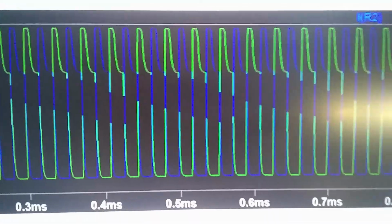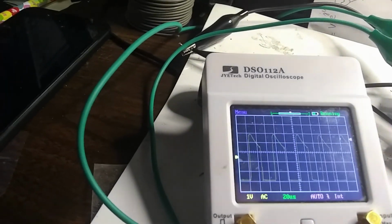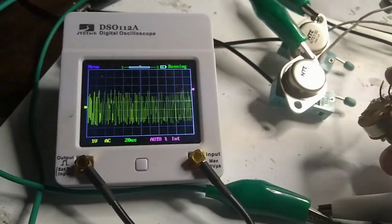See, our simulation kind of looked like that. Very similar, huh? Let's see how many volts is that. It's 1 volt per division, so 1, 2, 3, 4, 5, 6. 6 volts. It may not be doing the full voltage swing because we're not driving it as hard as...